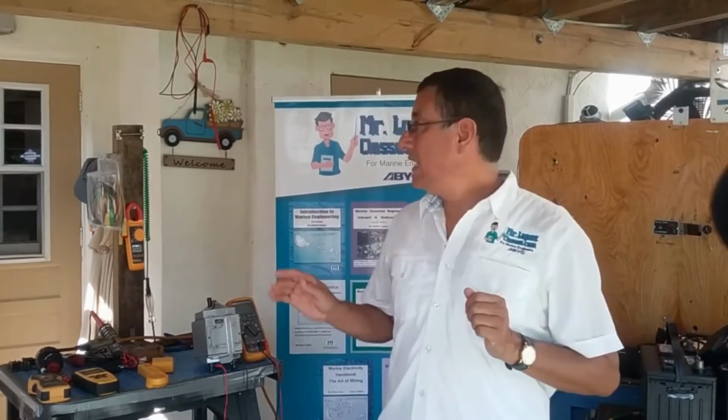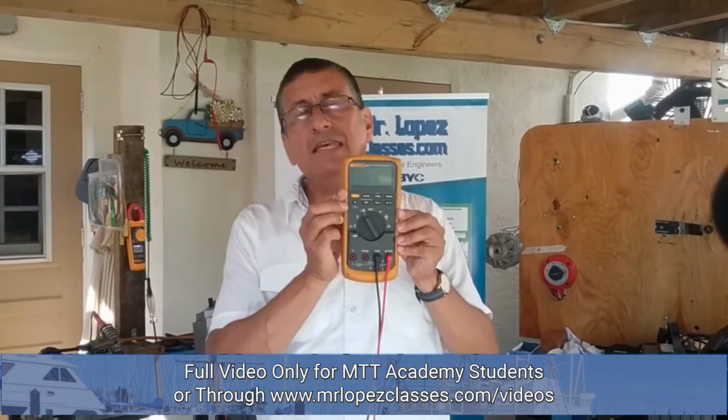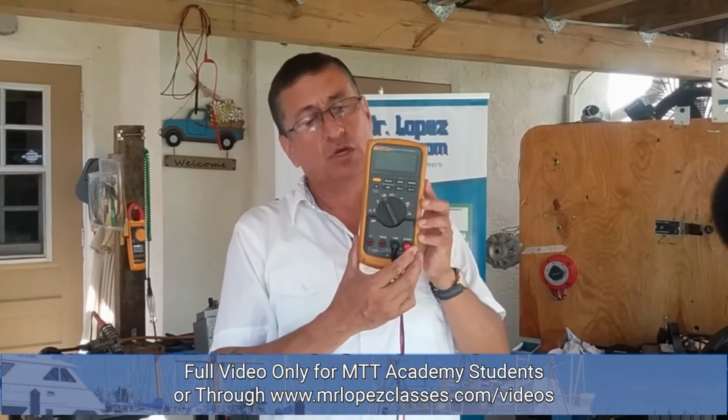In this episode, we are going to talk about the electrical measurement tools, the tools that we are going to use in order to read AC and DC current, AC and DC voltage, amps, watts, and how to use each equipment in each specific case. The most important equipment that we are going to use is the multimeter, the digital multimeter. We are going to use the digital multimeter every day